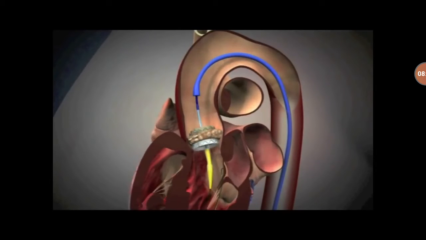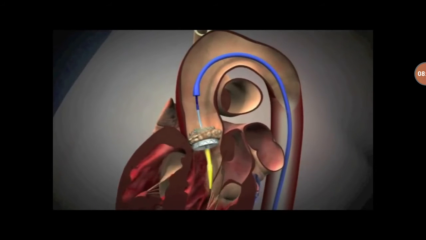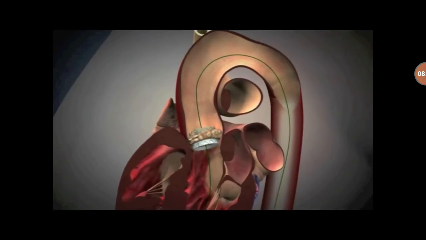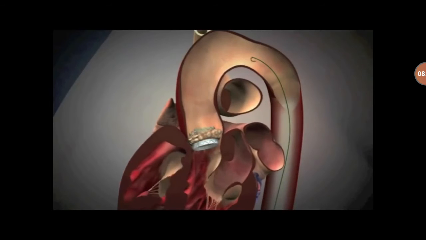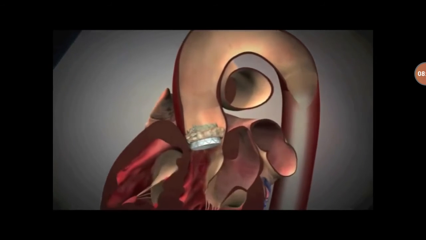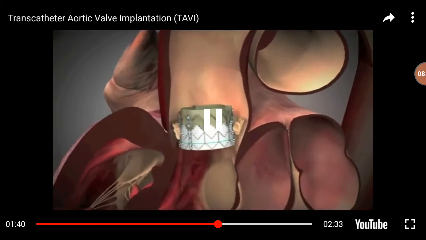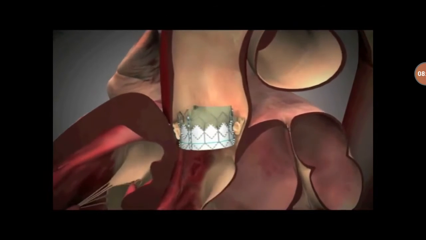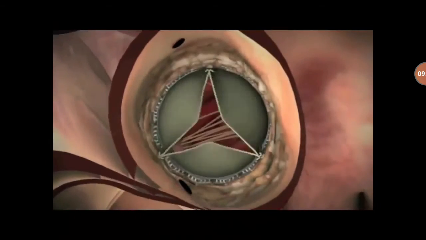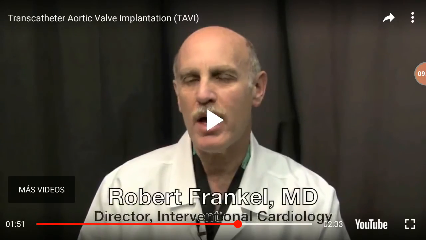pushing the diseased leaflets out of the way and leaving a functioning aortic valve in place. And then the wire is removed, and you can see the leaflets of the aortic valve opening and closing, providing normal flow through the valve. The TAVR procedure,